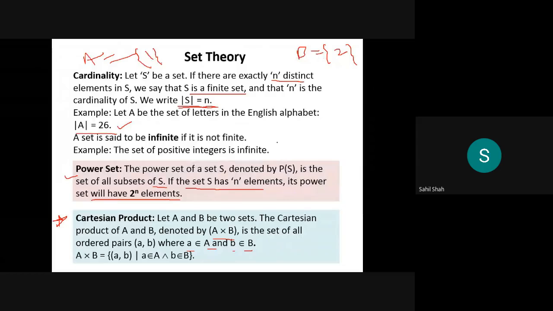My A cross B is going to be an ordered pair. If I am writing A cross B, the element of A will come first and then the element of B. So the ordered pair is (1, 2). This will be your A cross B. Remember that A cross B will not be equal to B cross A, because whenever